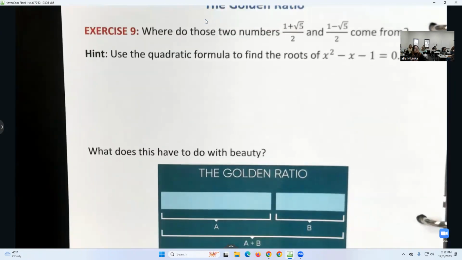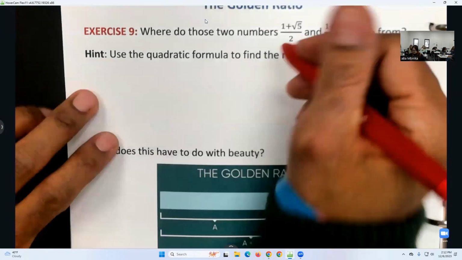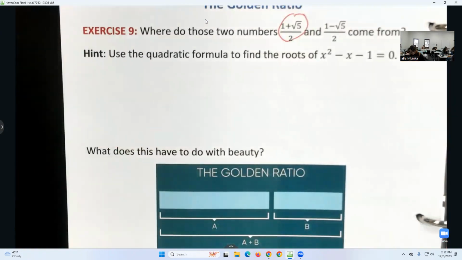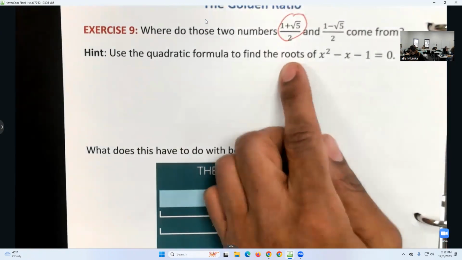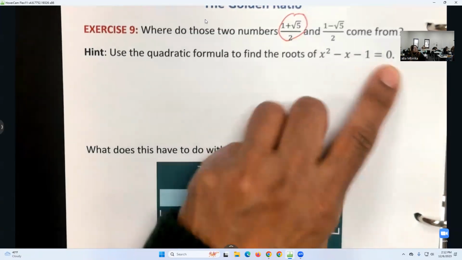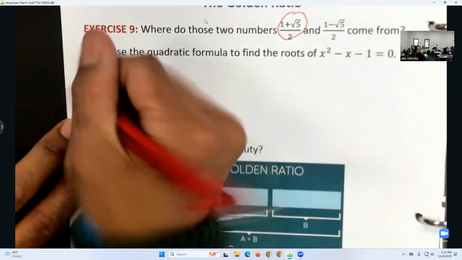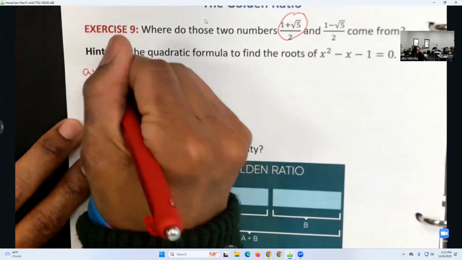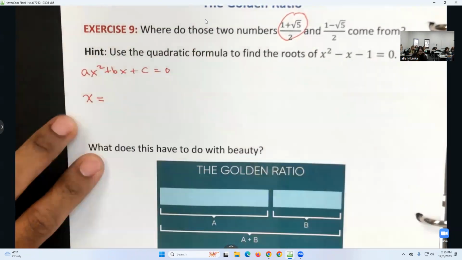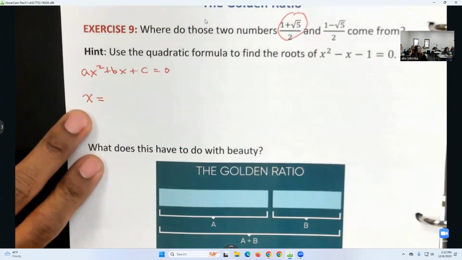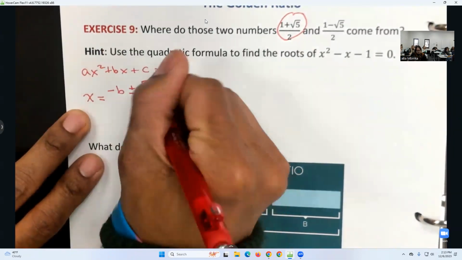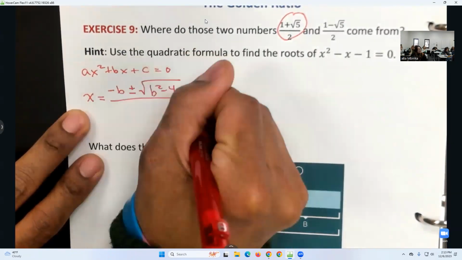Okay, so the golden ratio, where does it come from? Where does this number come from? Well, everything is a solution or a root, that's another word for solution, to equations. So I claim that this is a root of the equation x squared minus x minus 1 equals 0. So let's recall the quadratic formula. If you have ax squared plus bx plus c equaling 0, then the two roots, the two solutions of the quadratic equation, are given by x equals negative b plus or minus the square root of b squared minus 4ac all over